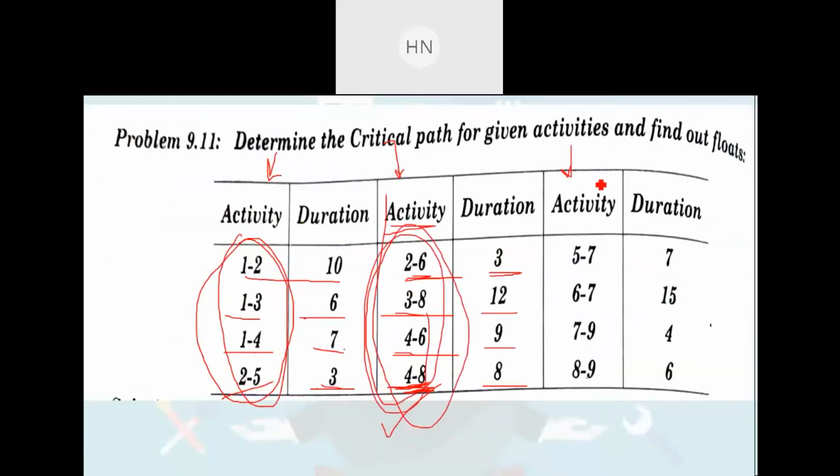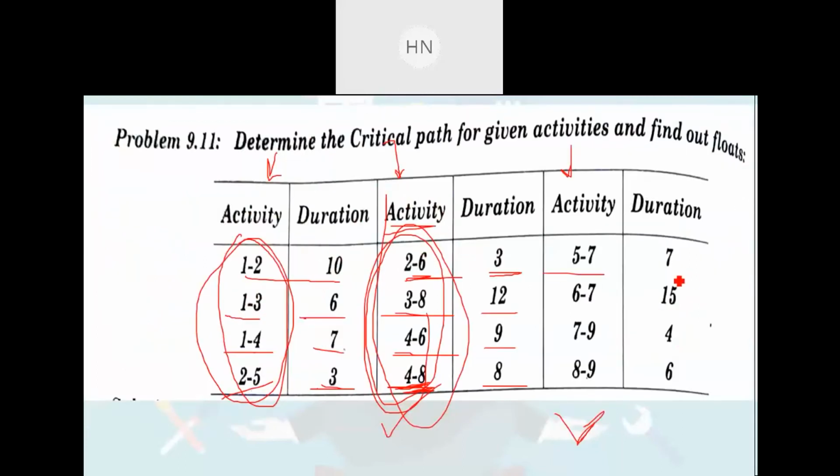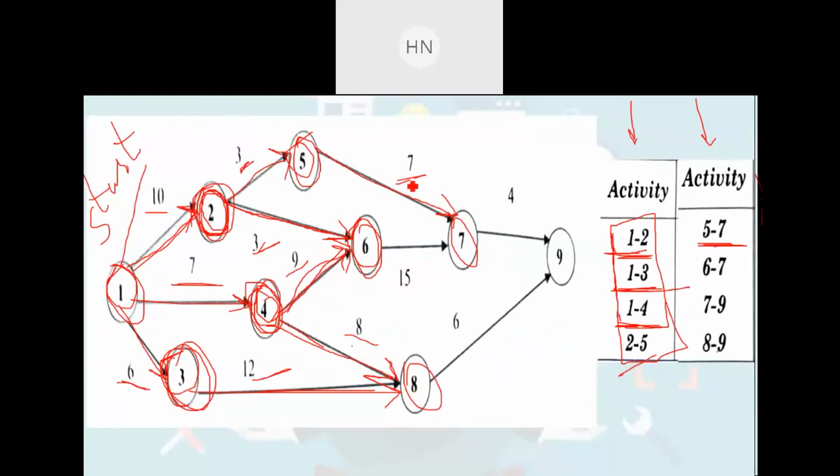Now we need to go for the third column, that is remaining. So here I have shown beside this figure the activity 5 to 7. So where is 5? You can see on the screen, this is the 5 and 5 to 7, and what is the duration for 5 to 7? That is 7 days. So here you can denote it like this, 5 to 7 with 7 days arrow, right? After that, 6 to 7. So again from the event number 6, on the same event 7, there are two arrows merging. This is 6 to 7 and the duration is 15 days. So here you can see that is 6 to 7.